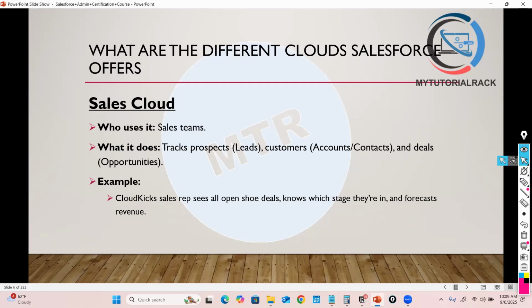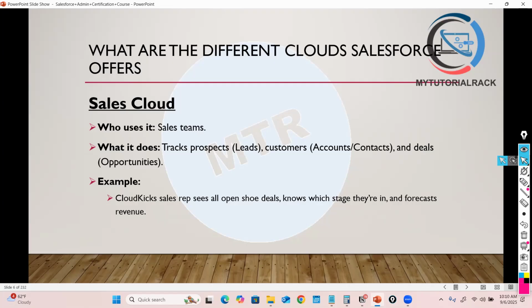Then you nurture those leads. When you say nurturing, it means you will have a phone conversation with them, email them, call them, set up a meeting with them, and try to explain more about your products. Once you teach them about the products, tell them how my shoes are different from other companies, or how my pricing is different, you try to make a connection with your leads. And eventually, let's say out of 100 leads, usually 10% or less will convert into